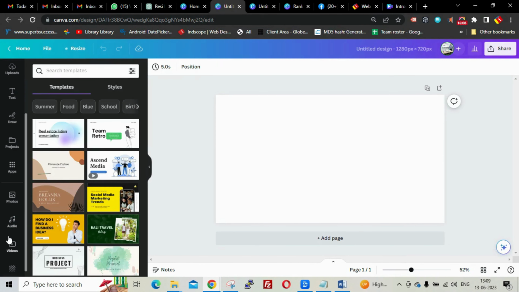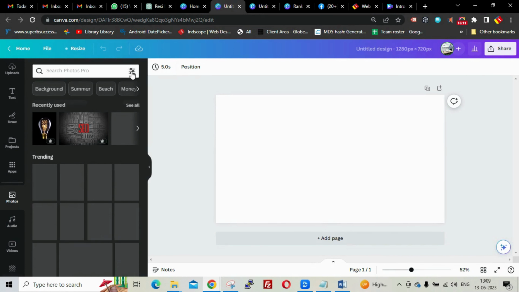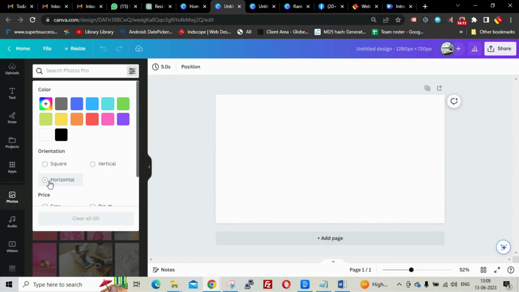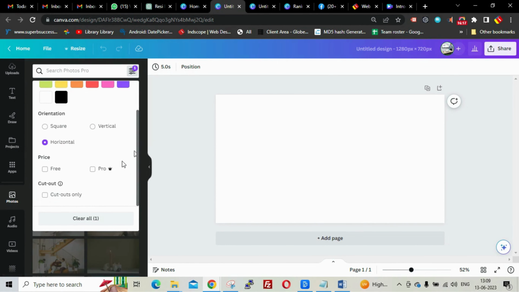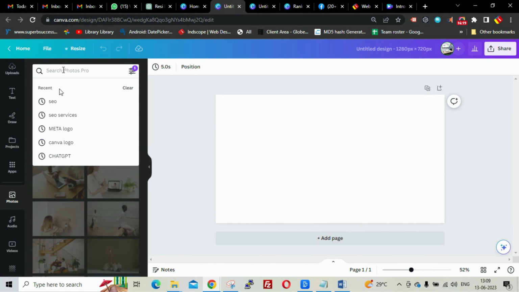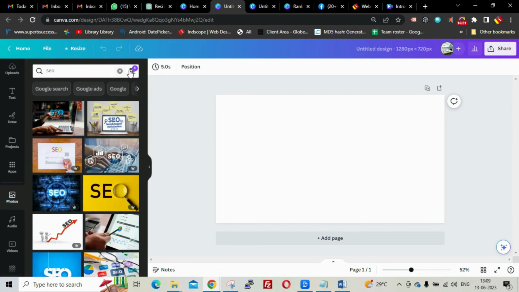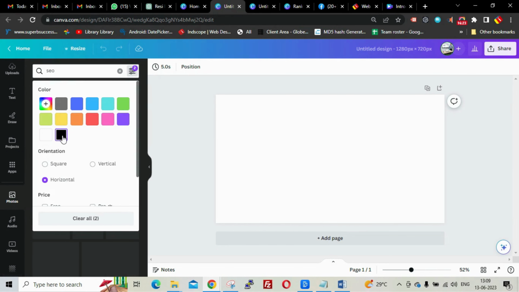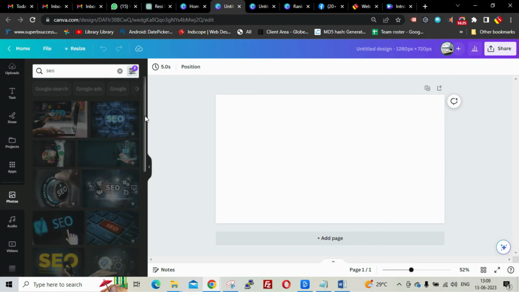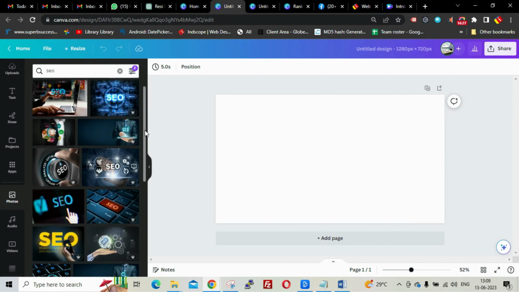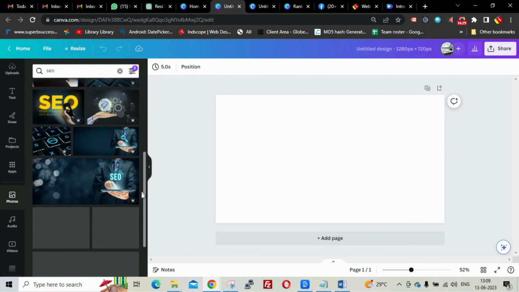I'll go to images, and here first I'll select the size that is horizontal, and then I'll just type here SEO, and even I'll select the color also, black. It is up to you, whichever color you want you can use. I am just using black because I am planning to experiment with it,